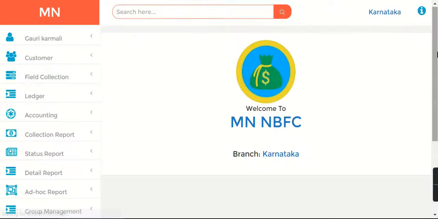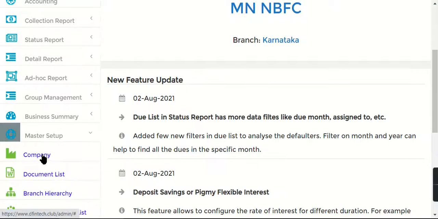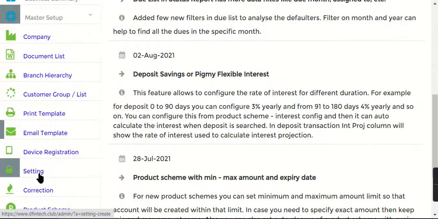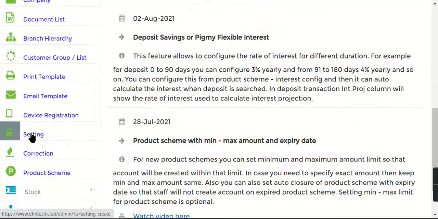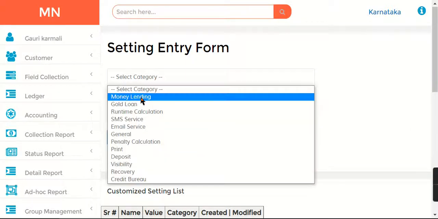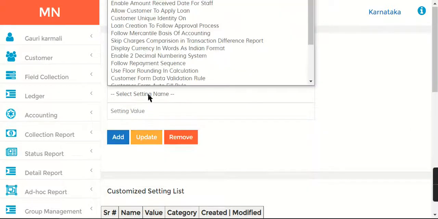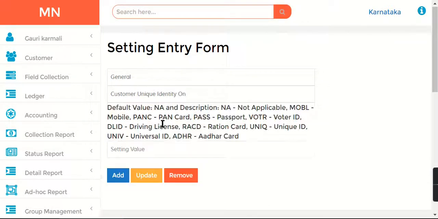So for the validations part, we'll have to go to the rule engine of the software, that is master setup setting. In master setup setting, you will see in general that you will see customer unique identity on.